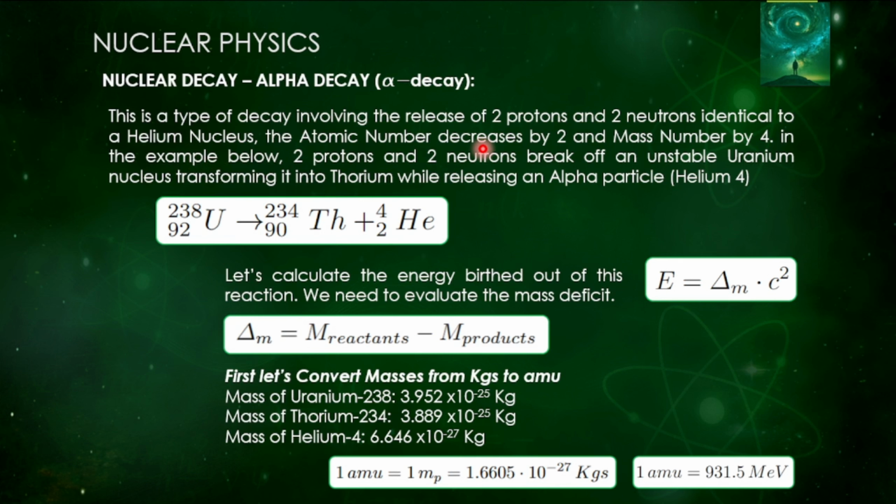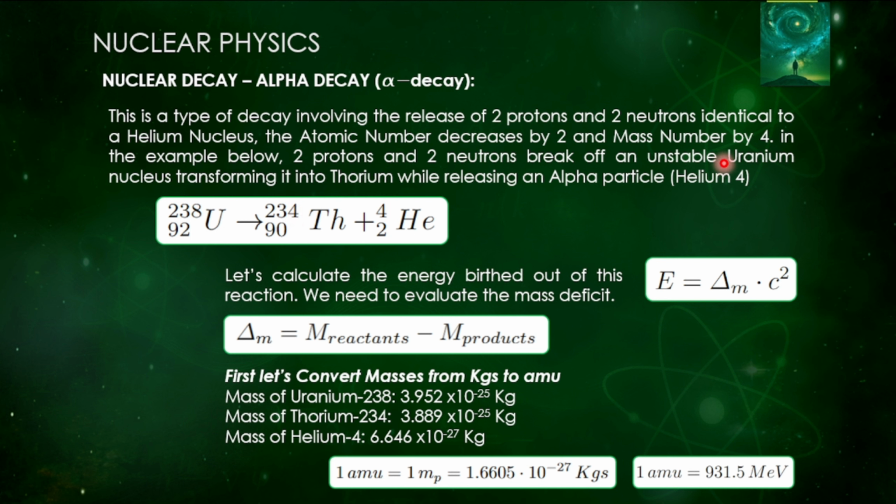So again, you have the release of 2 protons and 2 neutrons, identical to a helium nucleus. The atomic number decreases by 2, meaning from the reactant it decreased by 2, and the mass number by 4 in the example below. So you have 2 protons and 2 neutrons breaking off an unstable uranium nucleus, which transforms into thorium while releasing